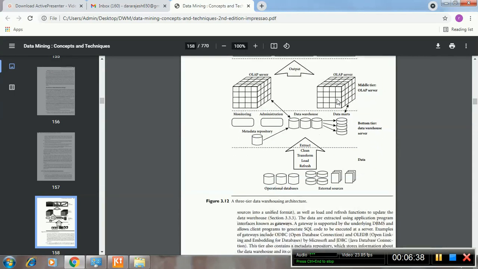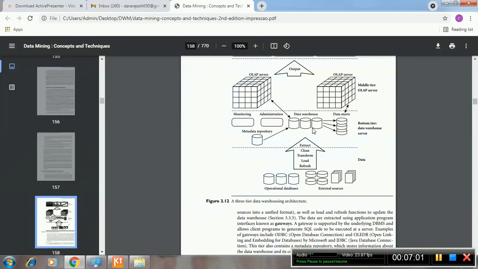So finally, the point you have to understand here is that whatever data we have stored or collected from different sources is going to be pre-processed, and first of all it is going to be stored in the data warehouse. Each data warehouse is divided into data marts and has a metadata repository.